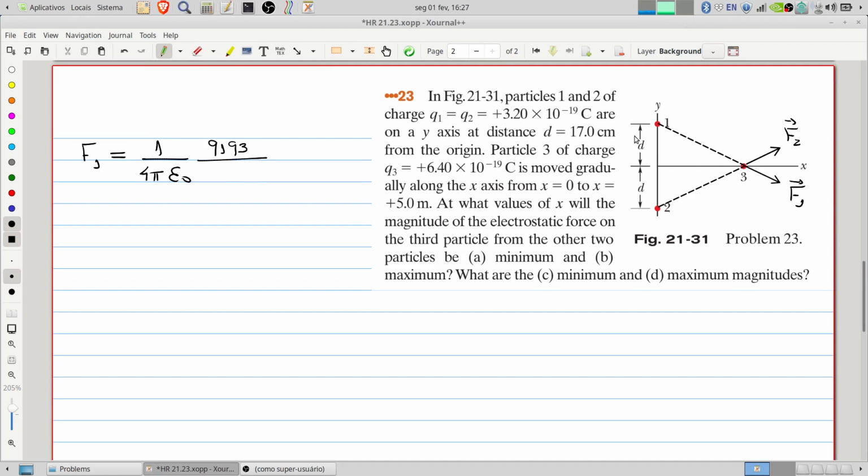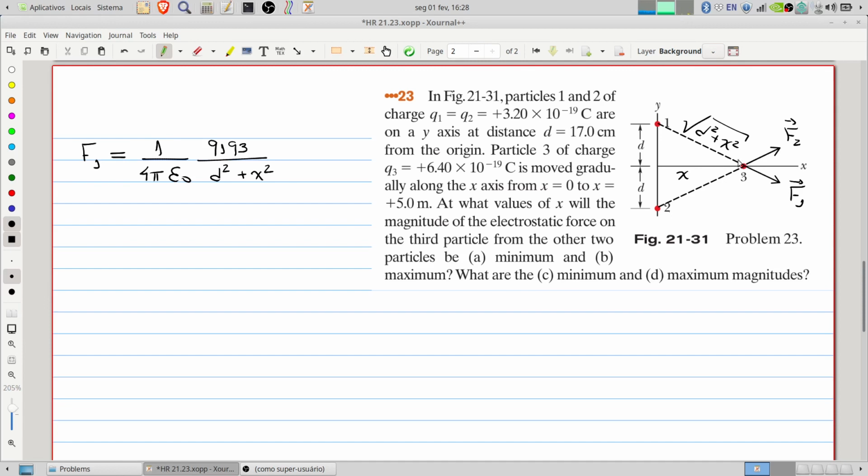In this case we have d and x, so here we will have d squared plus x squared. Here we have, of course, d squared plus x squared, this distance. Okay,